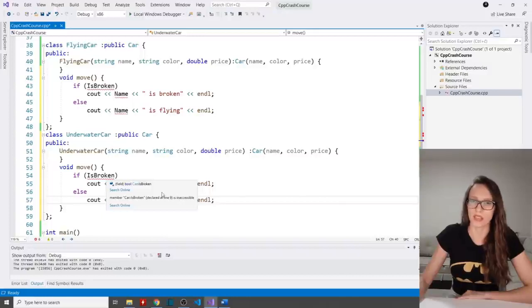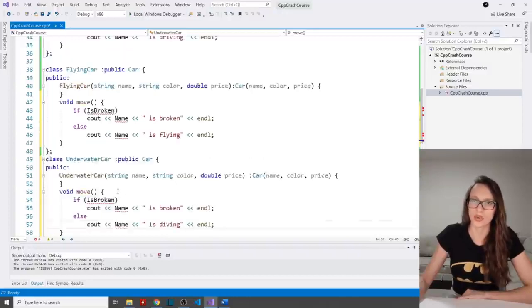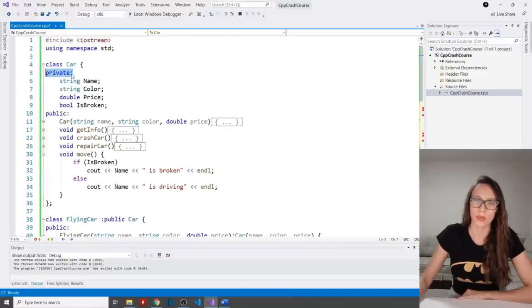Now, why is that happening? This has nothing to do with polymorphism, but rather with the access modifier. We have said here in our car that these four properties are private, and that means that they are going to be accessible only within this class. Now, in order to make these accessible outside of the class, you would make them public, but we don't want to do that. What we want is to make these accessible from derived classes, and there is a third access modifier that does that, and that is the protected access modifier.